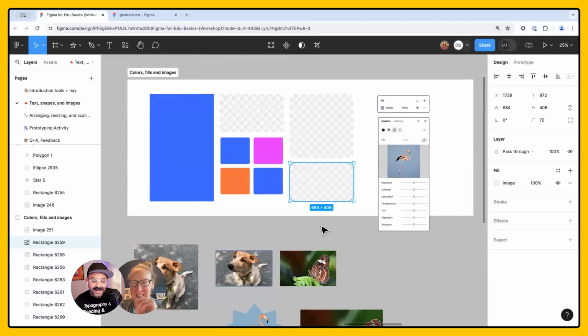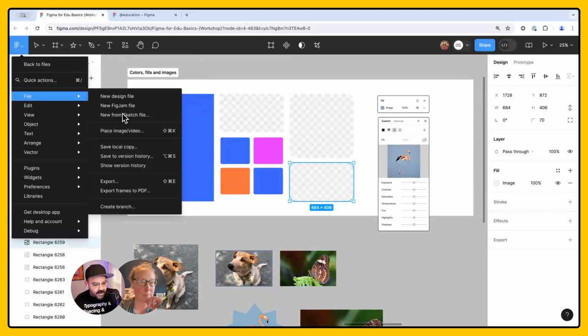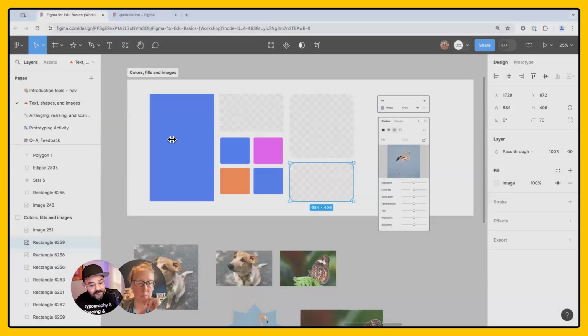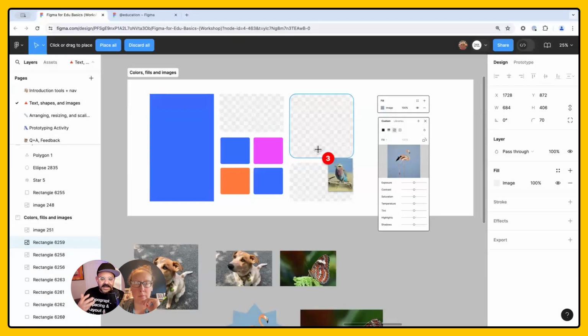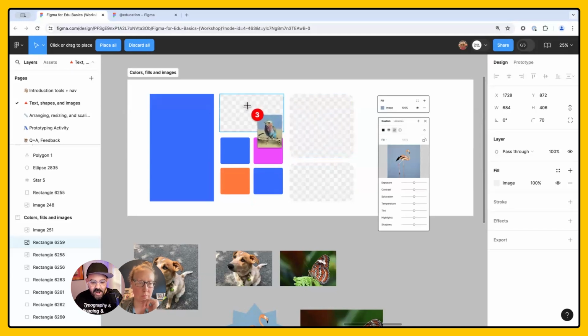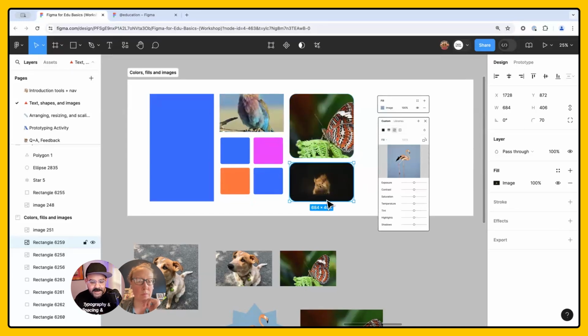This is so great. And so let's say you want to place 3 images at the same time. You can come up here, go File, Place image or video. This shortcut key I've actually memorized. It's Shift Command K. I press it and then I can select multiple objects from my file picker. So I can select 1, 2, 3. And then you get this nifty interface where you see the image and you see that number 3. The icon for your cursor changes to a little cross, and I can just click on the shapes that I want to target and fill them up. I'll show you that one more time.